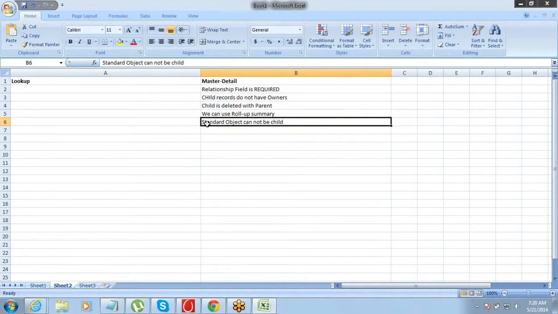So you cannot set up a master detail relationship where you make the standard object the child. So standard objects, we remember, right? Yesterday we discussed that all the objects which have been provided by Salesforce are standard objects. All the objects that we create are custom objects. So standard objects cannot be child.